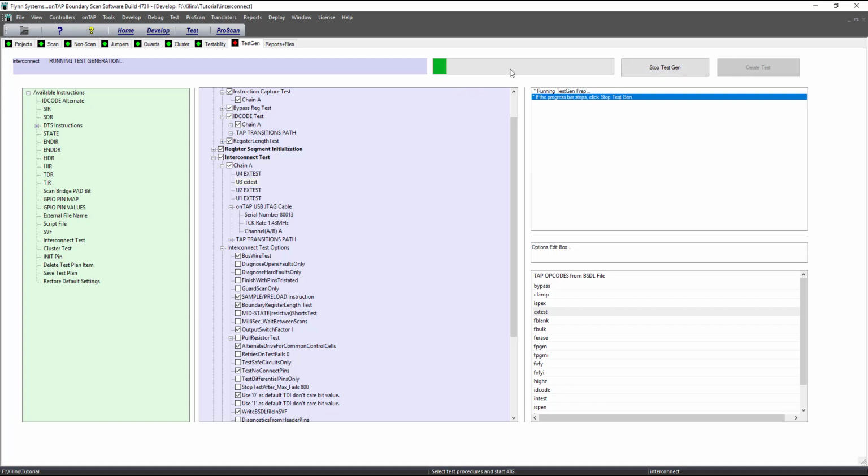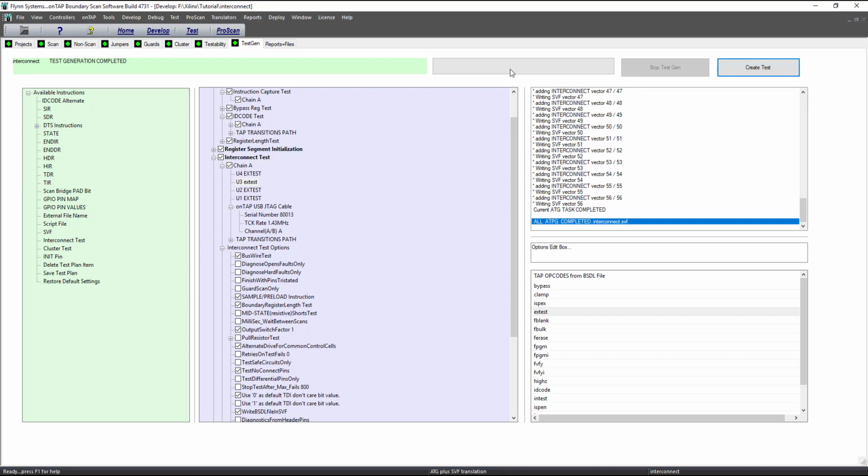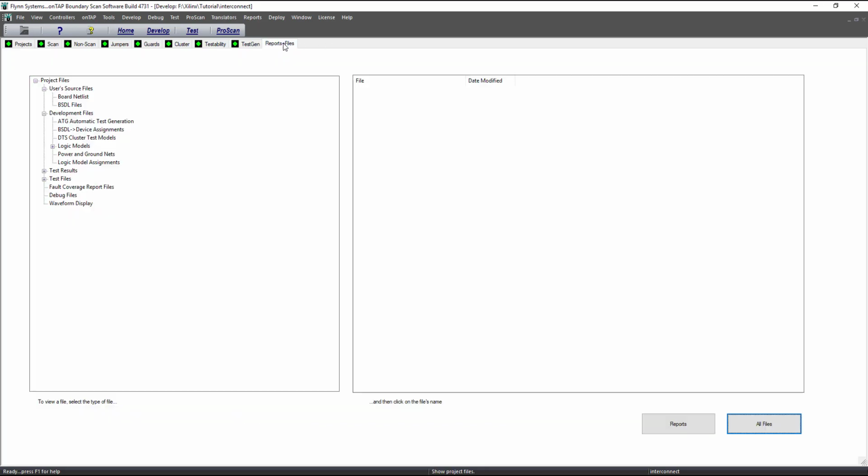And the test generation algorithms will run when we do this. Okay, the test is completed, and when it completes, a number of reports and files are available. For example,